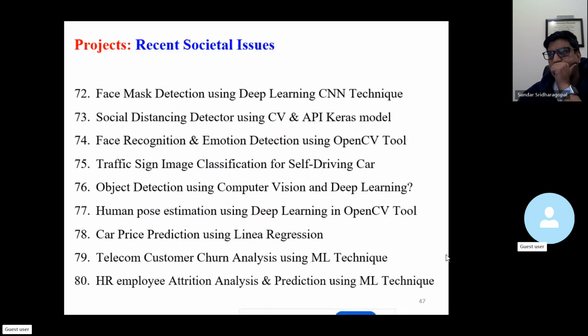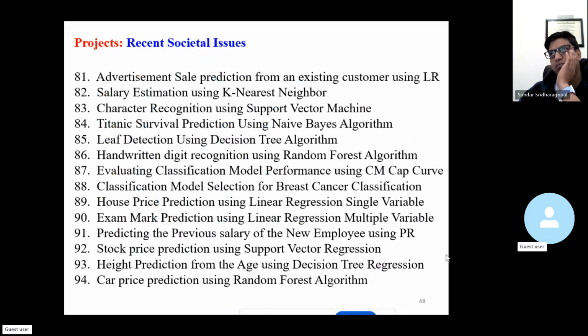Object detection using computer vision and deep learning, human pose estimation using deep learning in OpenCV tool, car price prediction using linear regression, telecom customer churn analysis using ML technique, HR employee attrition analysis and prediction using ML technique, then advertisement sale prediction from an existing customer using linear regression, salary estimation using K nearest neighbor, character recognition using